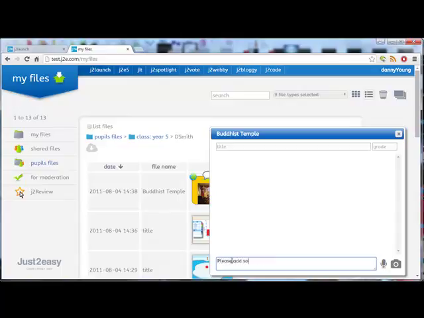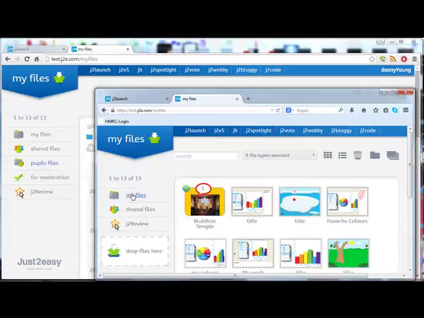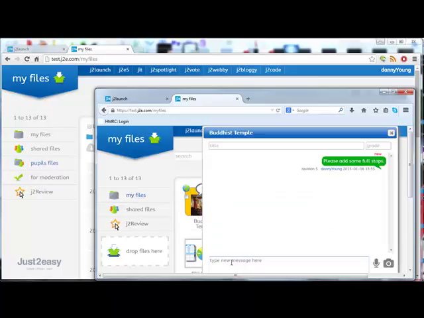Here we're going to type in some text, but we could equally well record sound or use the camera. Once we've added a learning conversation, logging on as a pupil, we'll see an indication that some conversation has been added. We click on the bubble and we see the message, and again we can type or record our own